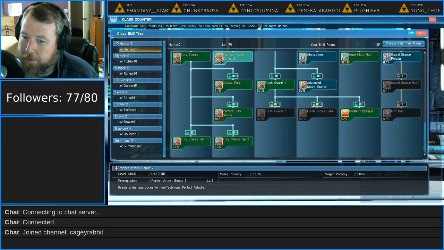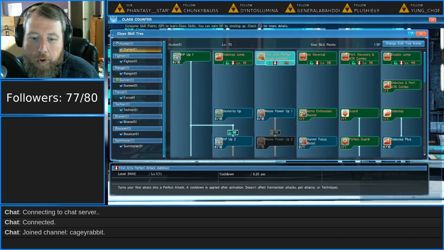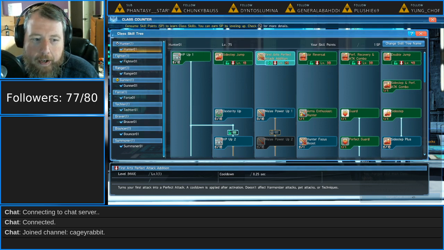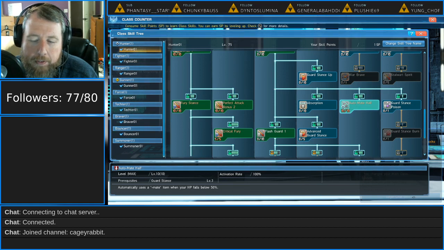Perfect attack bonus raises your perfect attacks right there. So perfect attacks are really, really good. Over here, you've got your first attack, first arts perfect attack addition, things like that. Turns your first attack into a perfect attack every time. So that's all good. Over here, getting to the point where you can use automate is super important because it